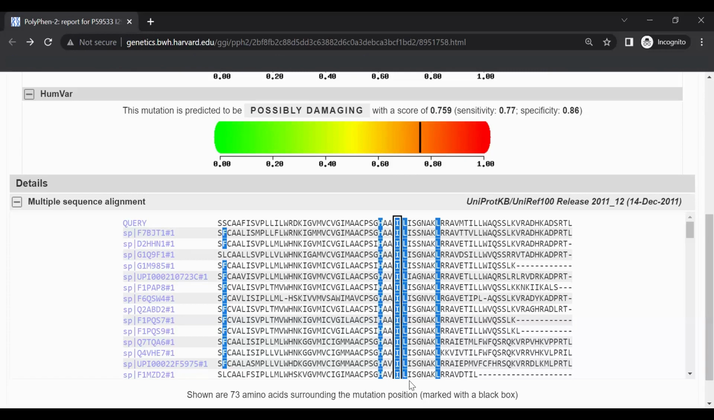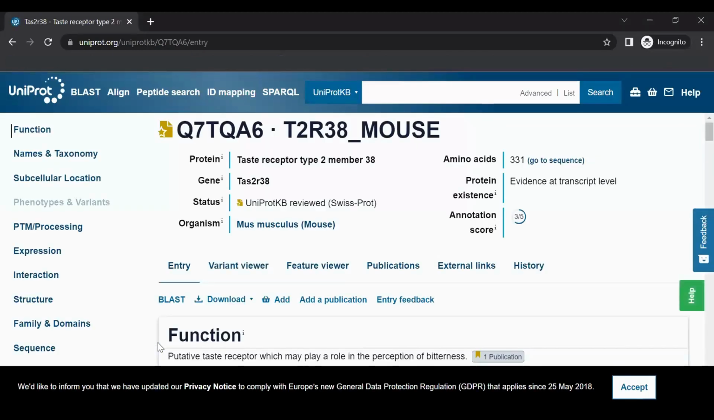To find out more about any of the aligned sequences, click the sequence name to the left of the sequence. This will bring you to the relevant UniProt KB entry for that sequence. To learn more about UniProt KB, check out our UniProt tutorial series. Navigating back to the results page,